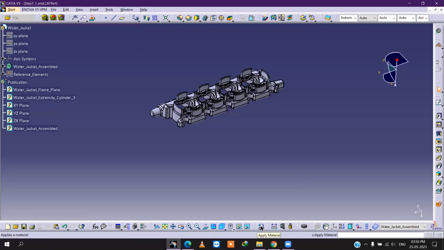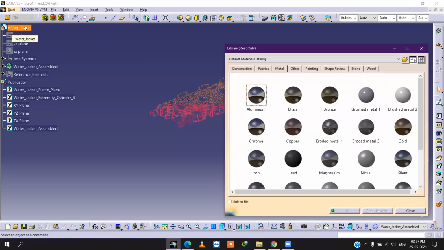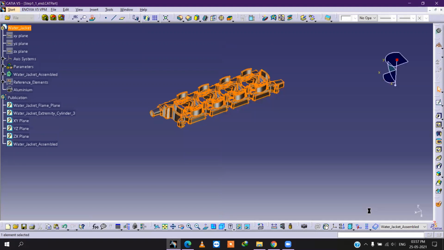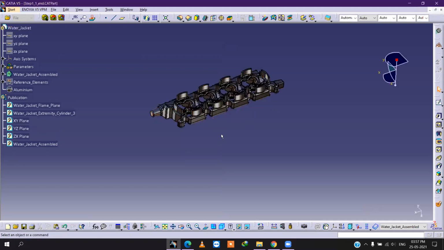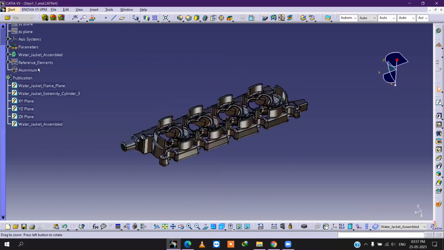Apply material. You have to select the material and drag and drop it over the parent body. Apply. See, the material we have applied.